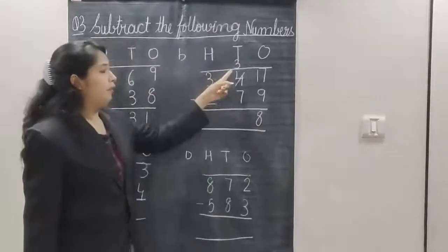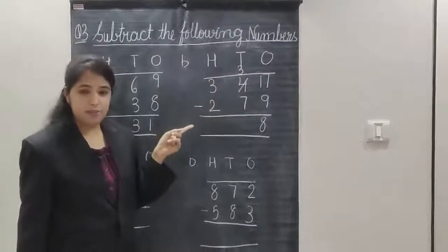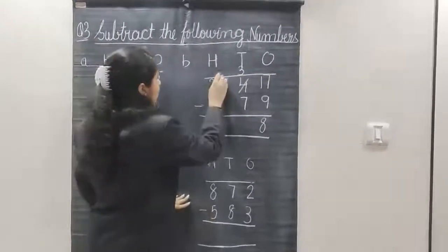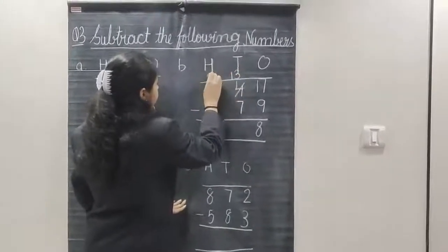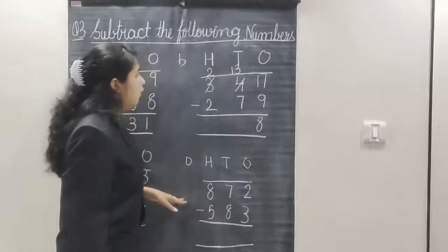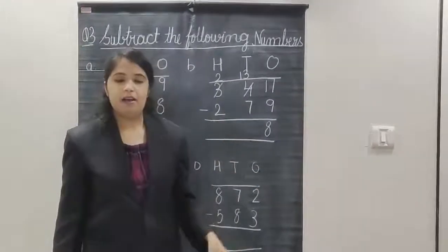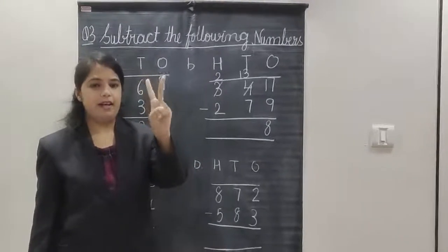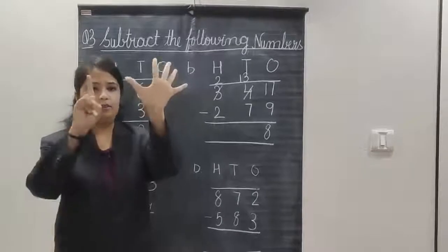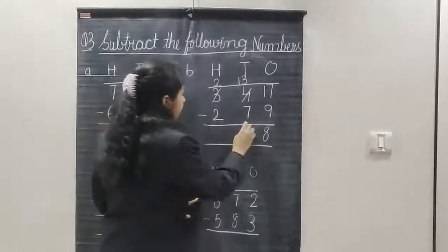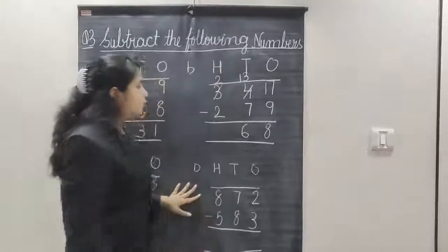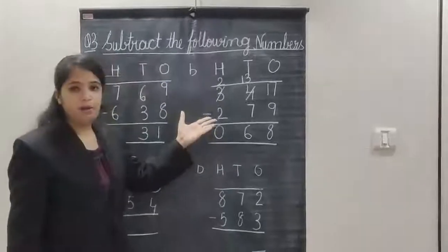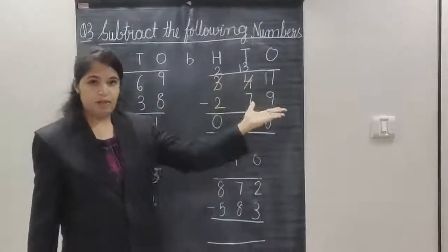Now the original number is 3 minus 7. Is it possible to minus 7 from 3? No. So again we will do cut 1, put 1, minus 1. So now we have to do 13 minus 7. After 7 till 13. After 7, 8, 9, 10, 11, 12 and 13. So 6 on my fingers. 2 minus 2, answer is 0. So this is the example of regrouping with 100, tens and ones.